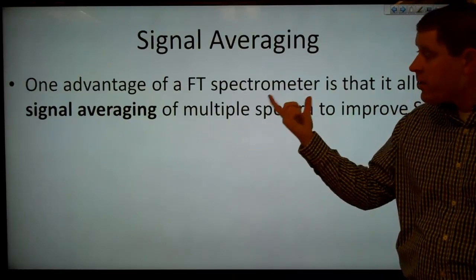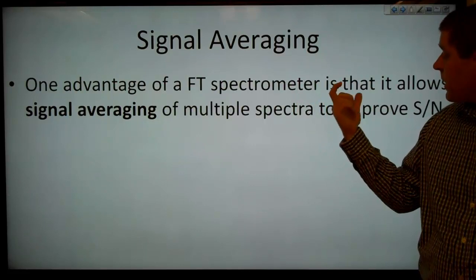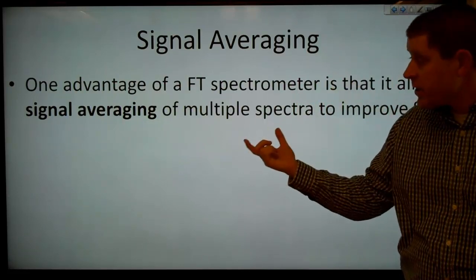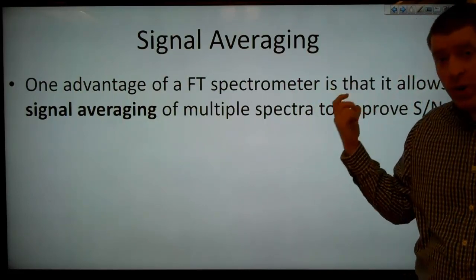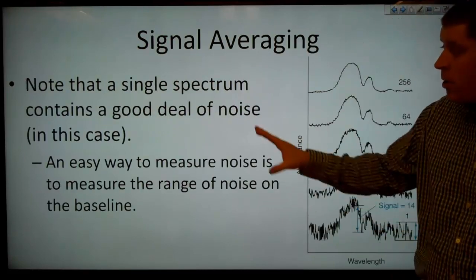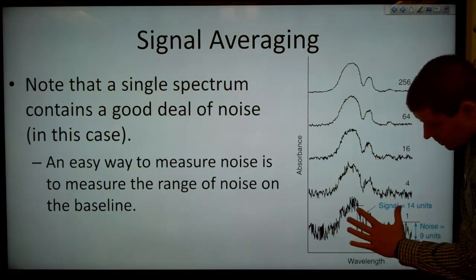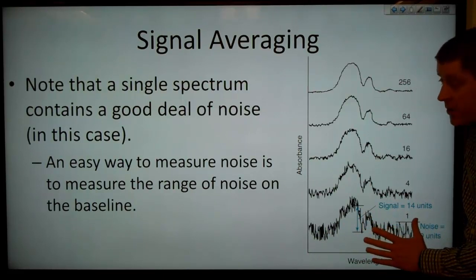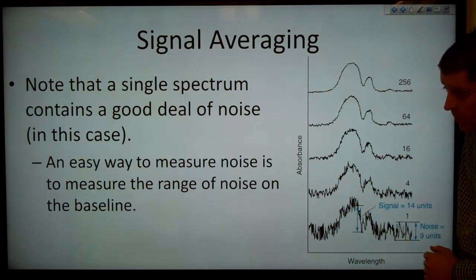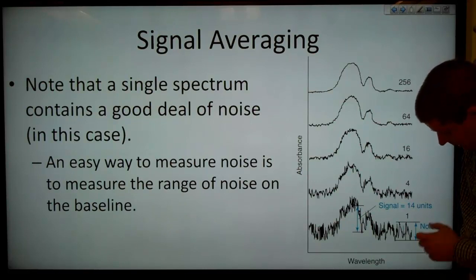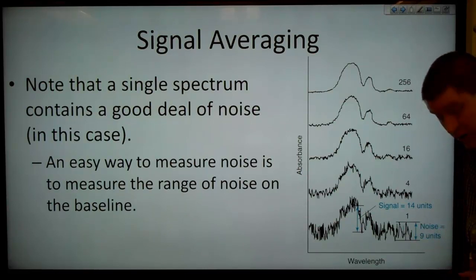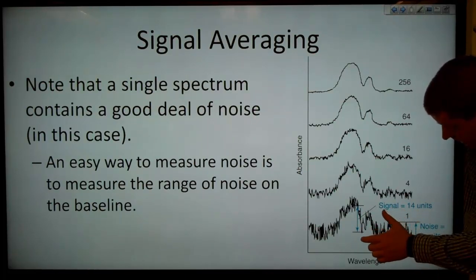So one advantage of a Fourier transform spectrometer is that it allows signal averaging of multiple spectra to improve our signal-to-noise ratio. So note that a signal spectrum contains a good deal of noise. In this case, we've got a good deal of noise here. An easy way to measure noise is to measure the range of noise on our baseline. So that's over here. We've got, say, 9 units in this case,